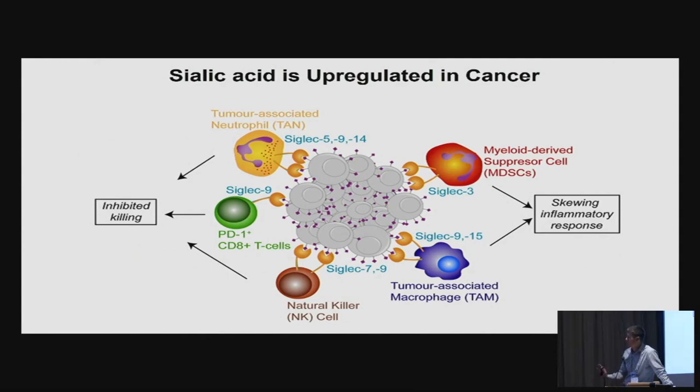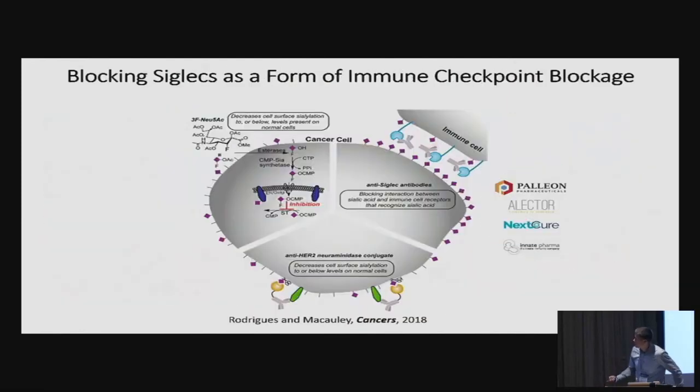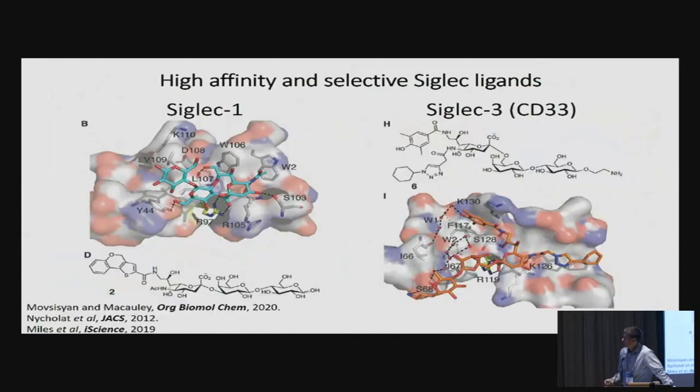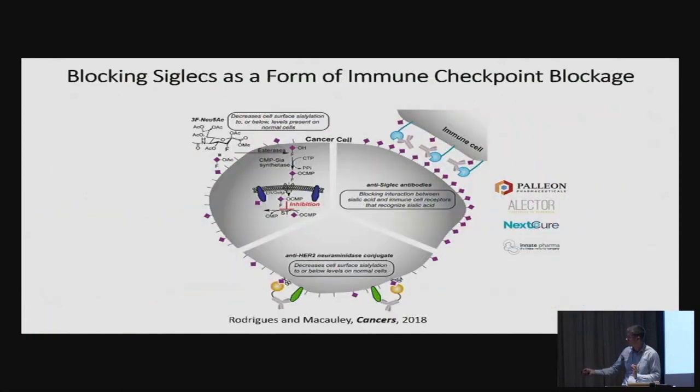So just very, very briefly, I'll breeze through this. Cancer upregulates sialic acid on the surface. Siglecs are exploiting that, suppressing immune cells, and essentially there's been a lot of activity in trying to block Siglec-glycan interactions, the most advanced of which is Palleon's technology of using neuraminidase to rip sialic acid off the cell surface. Okay? And then in terms of the opposite, so that's in cancer,